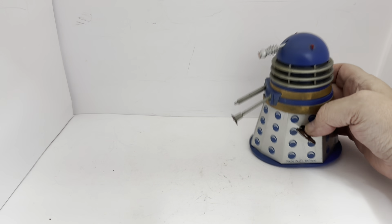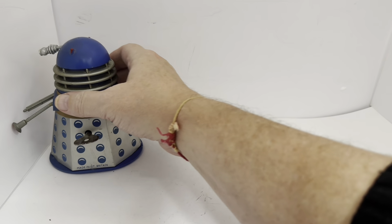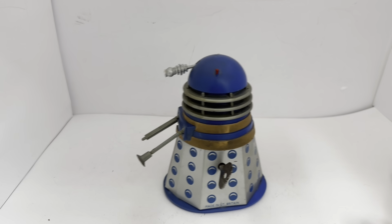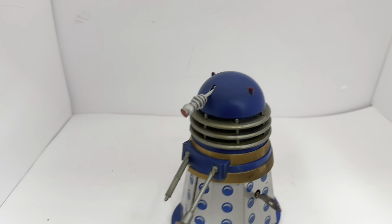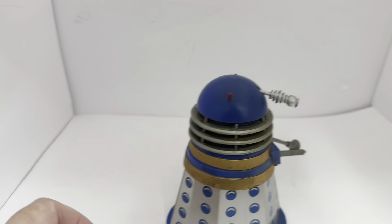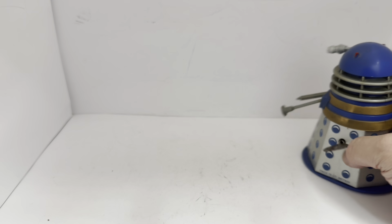As it's an old motor, it's still going, so you can still hear it going. The key's still turning. I think it's great that the head moves and the eye stalk moves. That is a real good look point of that. It's very good for a